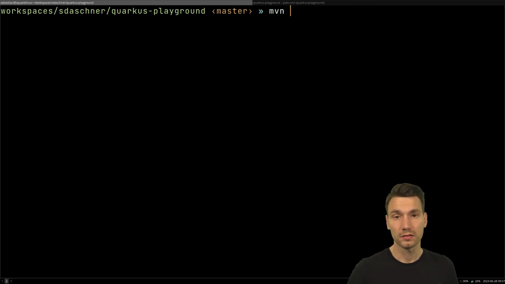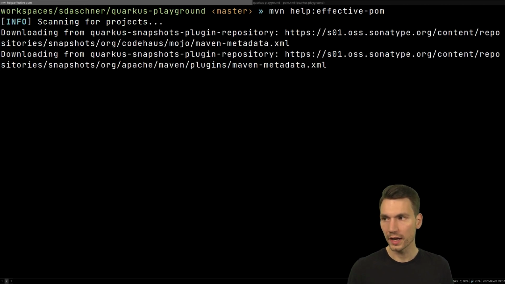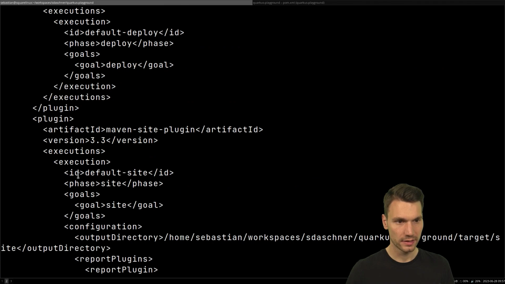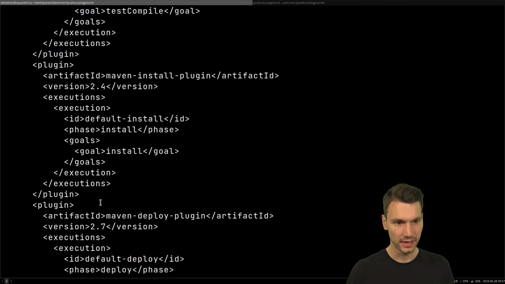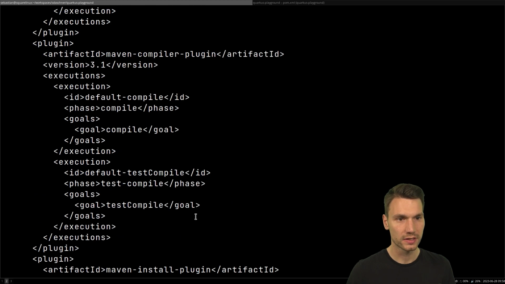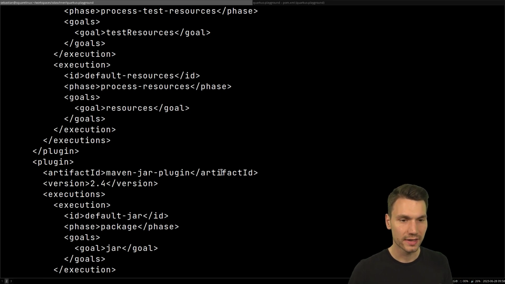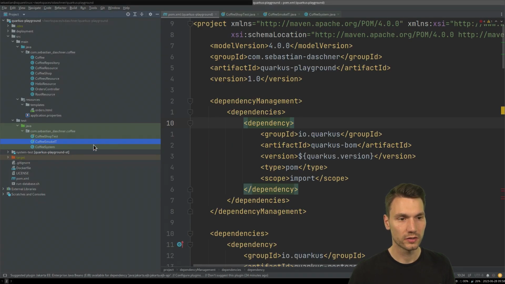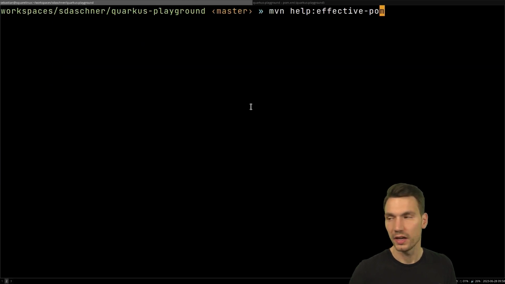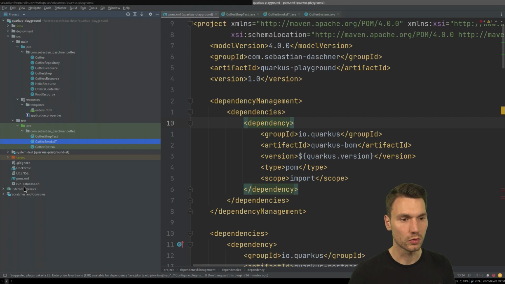Another interesting artifact is the so-called effective pom. This is kind of interesting to have a look at. Why? This is an XML structure, the literal pom, as if we would have written this from scratch with all of these conventions already being resolved. That means there are a lot of plugins, as you can see here, that just come out of the box. If I don't define them, then the default plugins and default versions with the default configuration are being, well, added. If I want to have a look at that, this is called effective pom. So we can do this on the command line with this command, help effective pom, or your IDE might also